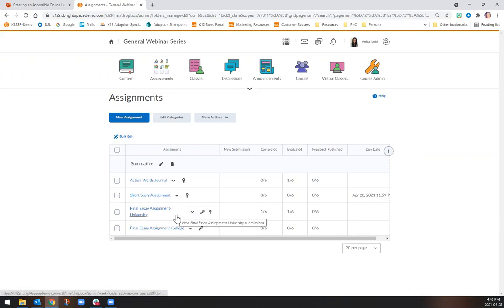Okay, now we're going to go into release conditions. Oh, actually, I wanted to touch on one thing. Another way to add accommodations is from your class list. I almost forgot that. So in your class list, if you click on your class list from your nav bar,